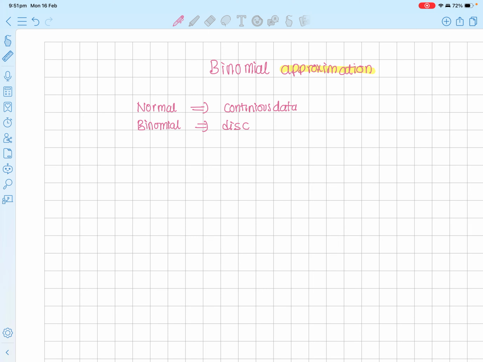So the essence of it is we can't mix a binomial into a normal, because discrete data and continuous data have a completely distinct difference: this takes specific answers, this takes a range of answers. But the theory behind it says, if I have too much discrete data,